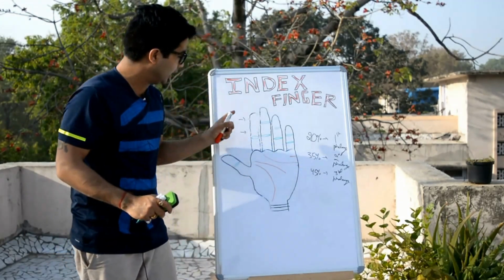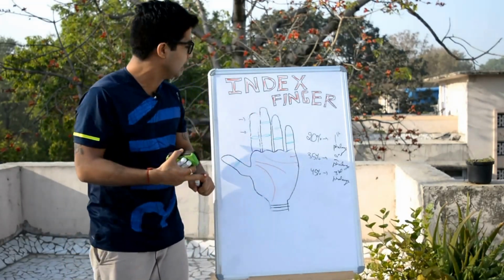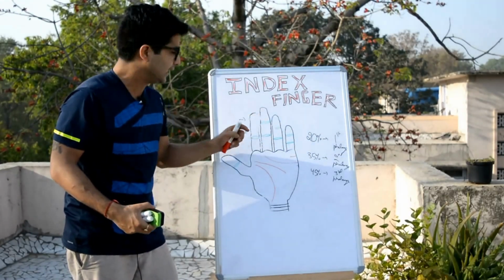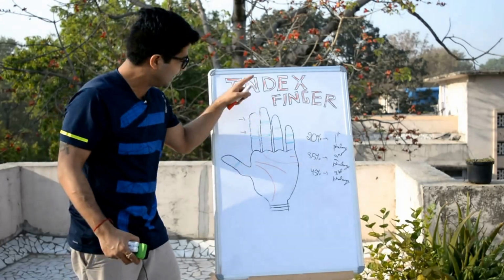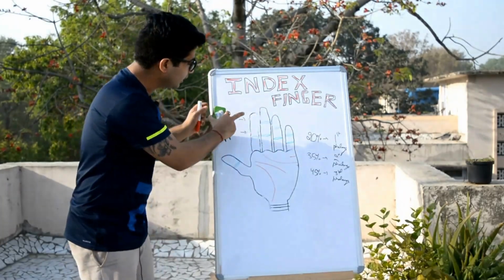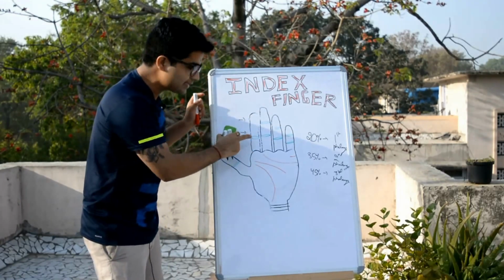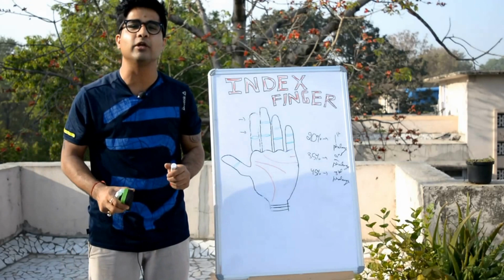So this is all I had to say on this. In the first part of the index finger, we studied the tips of the finger. In the second part, we studied the different print patterns of the index finger, and in this part we have studied the different traits associated with each flange, along with the presence and absence of knots on the index finger. So I hope you found this video informational.